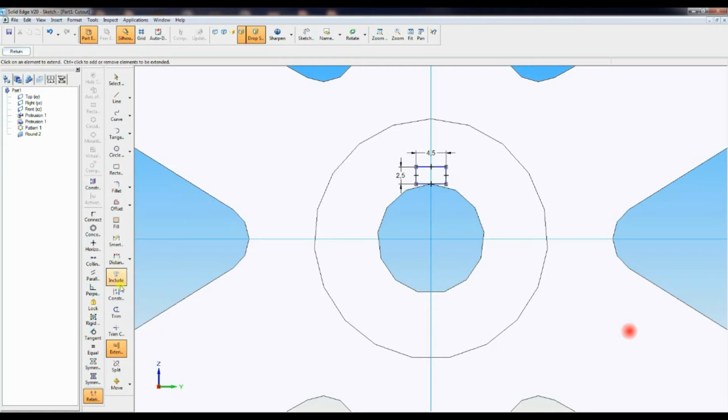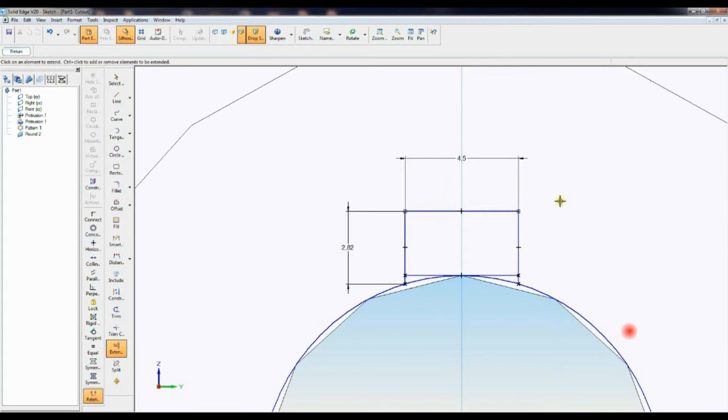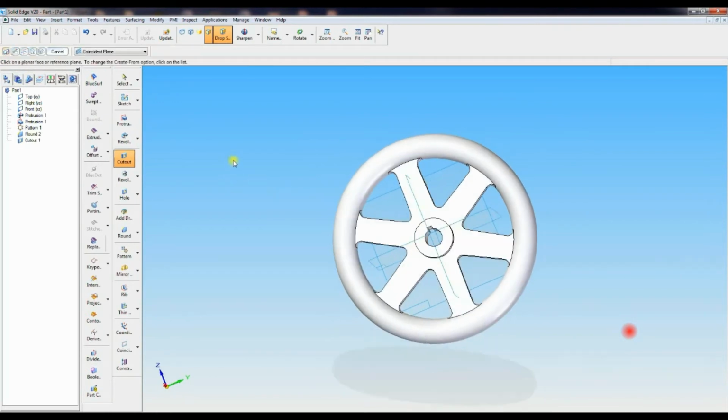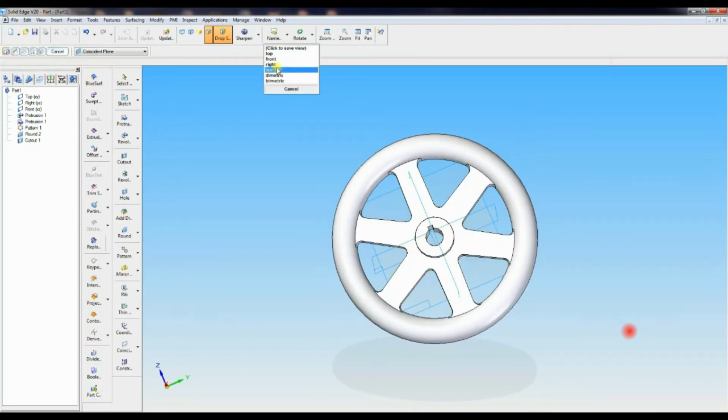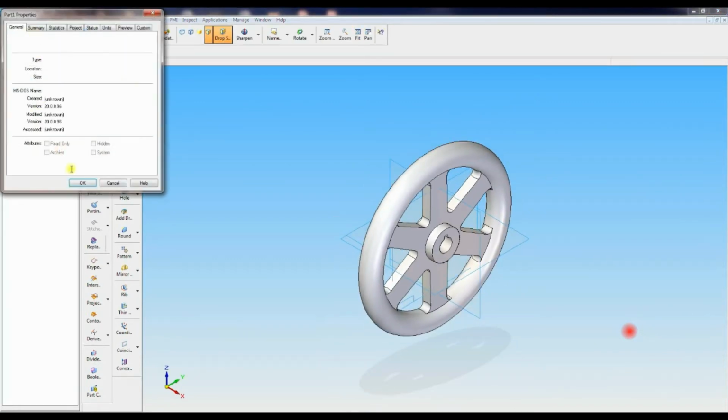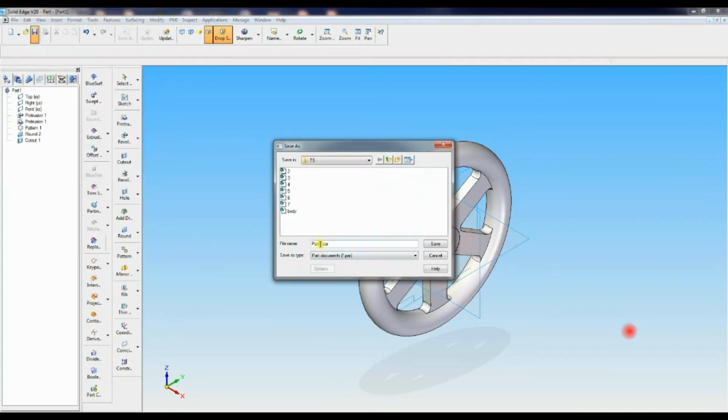Include, select this circle like this, then go to extend to next line, then with the help of the trim command, zoom the area, trim the line like this, then go to return. The throat cutout you have to do. Spreadsheet, save the drawing by giving the part name as part number 8, save.